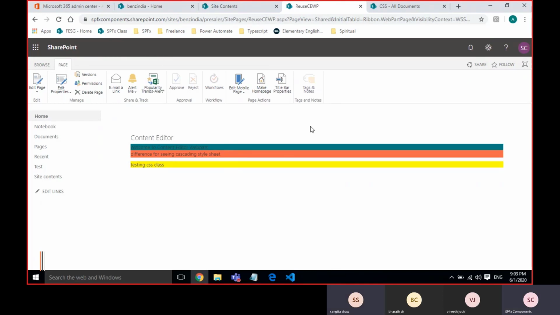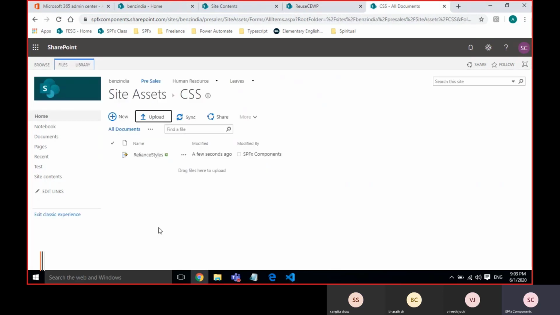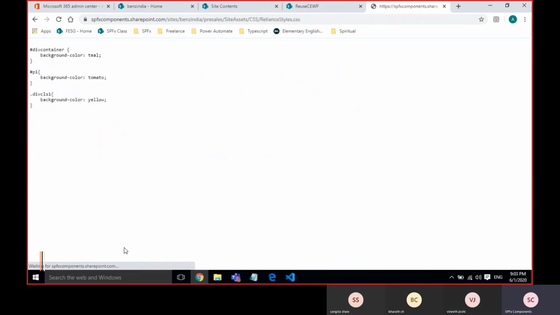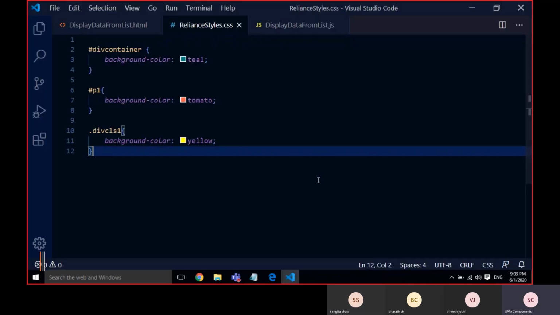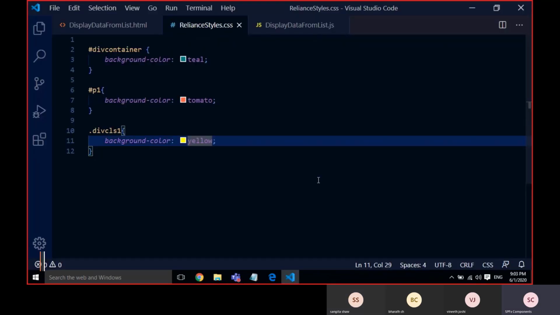In that situation, what you have to do, because sometimes in production it won't appear, is go to the CSS, whatever the file location, click on that, and just refresh here. Okay, maybe I'll show it again because this is a real-time scenario, you will see that.